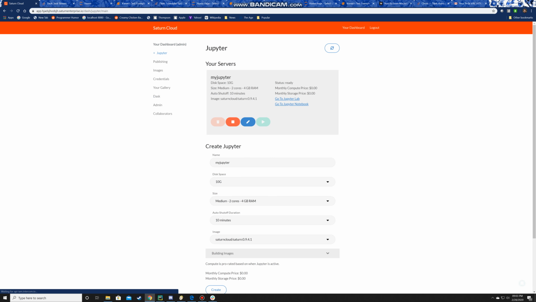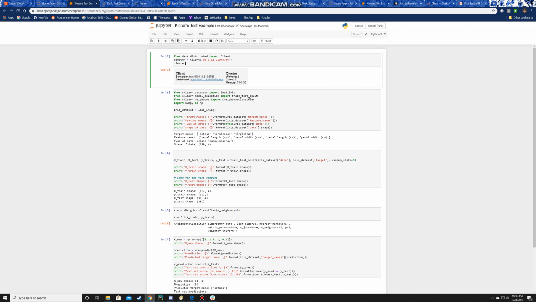So if I go into Jupyter, and I go to the Jupyter Notebook, I can open this up, and you can see already that Saturn has provided a Jupyter Cloud space for me to be able to use Saturn. So I can go inside my test example, and I can run my connect code, and it connects to the cluster. So I can say, oh, look at that. It did connect. So I can see 2 workers, 2 cores, and 7 gigs. Excellent. And then you can run as normal Python code, just straight up.